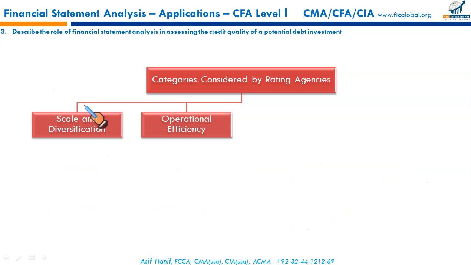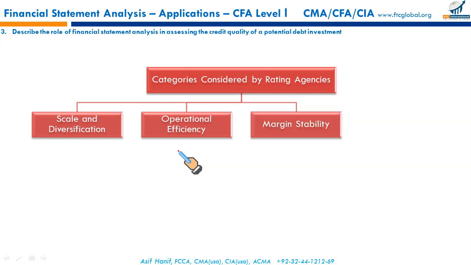Next, operational efficiency. Operational efficiency means how well they have been using their assets. Assets turnover, accounts receivable turnover, inventory turnover, greater vertical diversification. So this would result in higher ratings. Third, margin stability. It indicates a higher probability of repayment. The firm is more likely to pay the interest and the principal when they fall due.